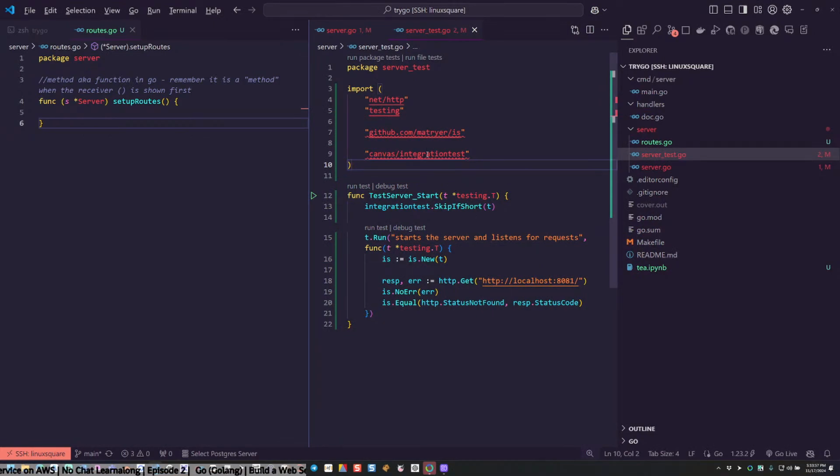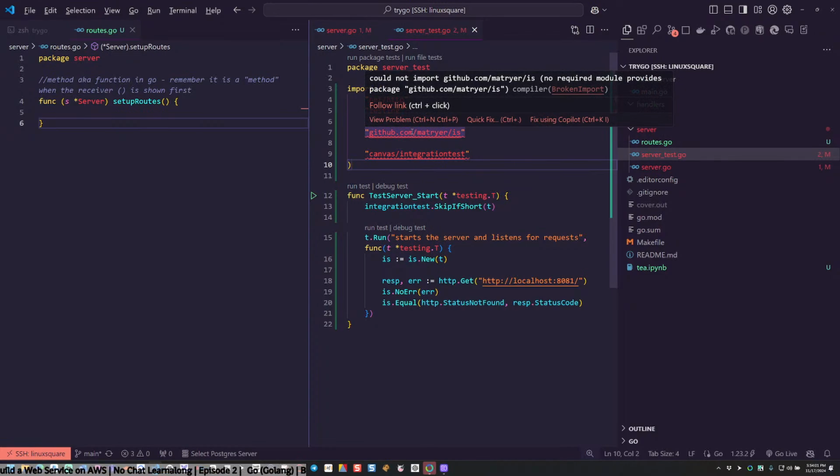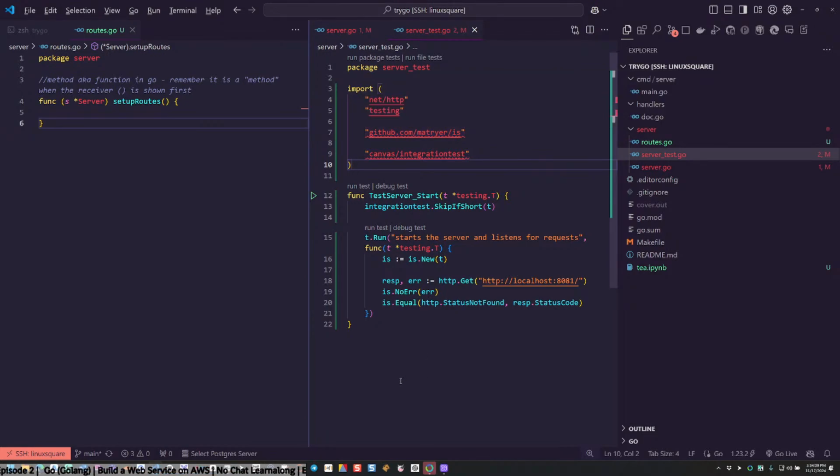Oh, could not import. No required module provides. Oh, I have to install it. But put this integration test into integration test server.go. Hold on a second.